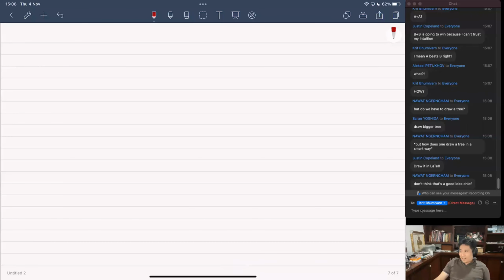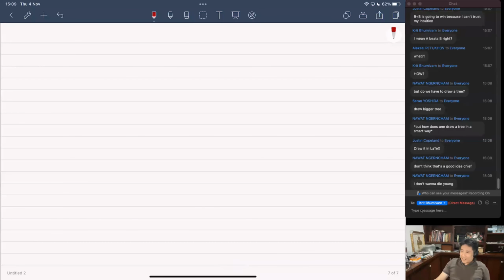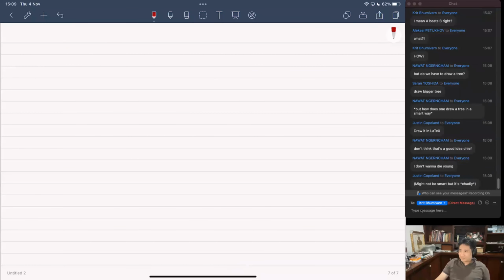You know what's a good idea? Write a code to generate the tree and then get LaTeX to render the tree. There is a thing called NetworkX. The answer for all your graph theory that you take is NetworkX. But you're gonna write it on your own one or twice in your life, and then you're gonna use the library for the rest.